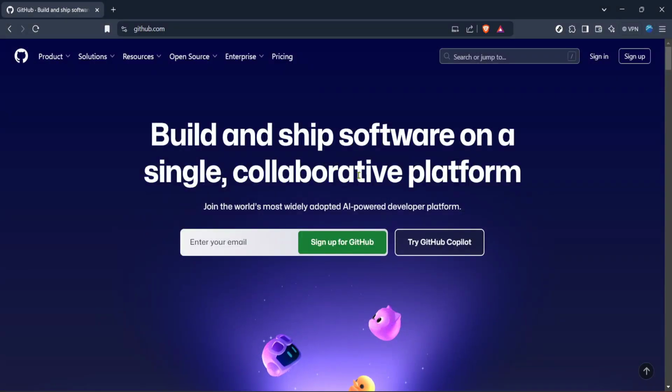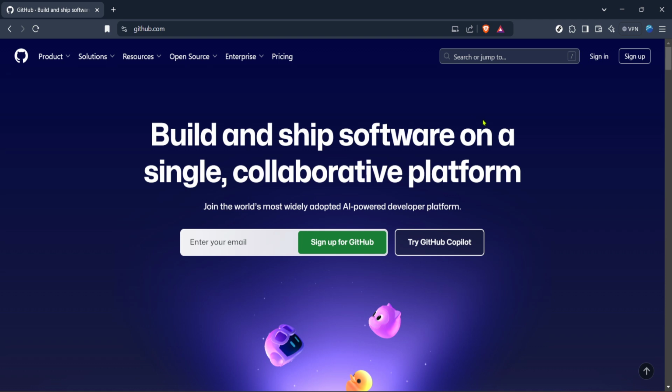In today's video, I'm going to teach you how to search GitHub efficiently and make the most out of this powerful platform in just about 5 minutes. Whether you're a developer looking for code snippets, a student seeking open source projects, or just a curious enthusiast, knowing how to navigate GitHub is an invaluable skill. Alright, let's dive right in and learn how to do this step by step.